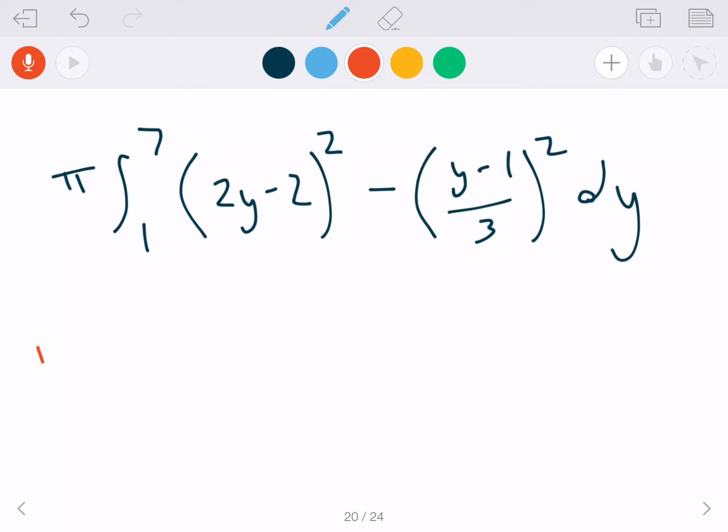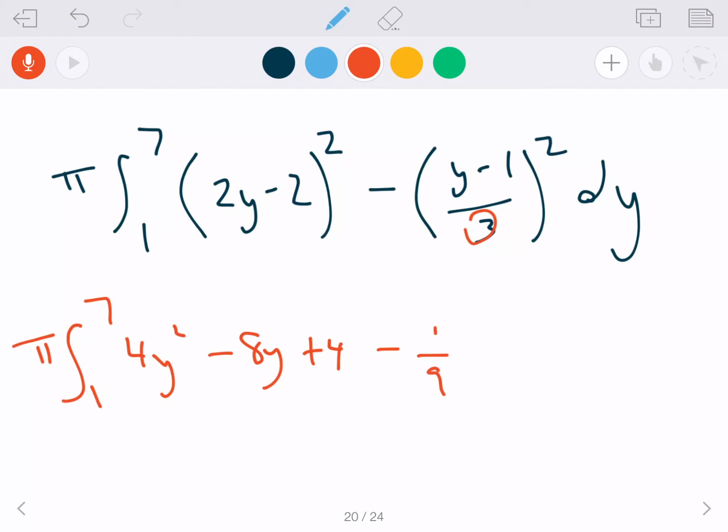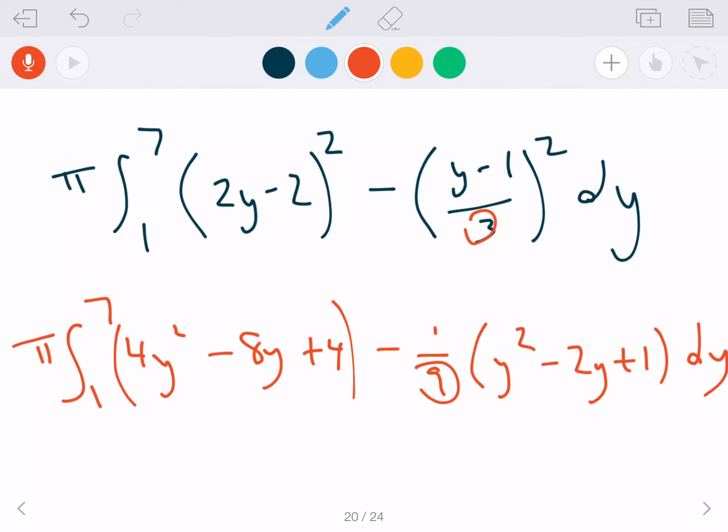So when I expand this, it gets gross. So I've got 4y squared minus 8y plus 4, and then I took that 1/9 out front here. So I just had to worry about the y minus 1. I get y squared minus 2y plus 1. And I would really like to combine like terms here because I feel like it'll simplify nicely, but that pesky 1/9 means I have to go through everything here and multiply it by 9/9. When I do that, I get